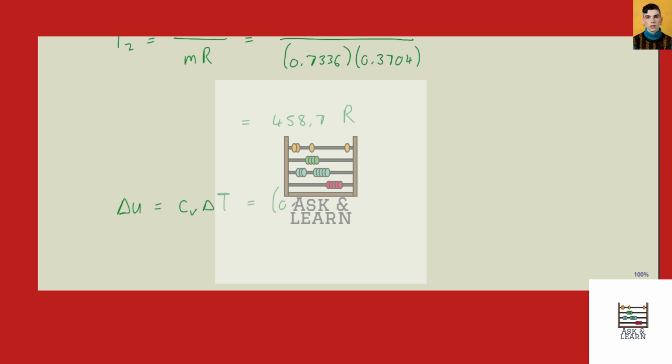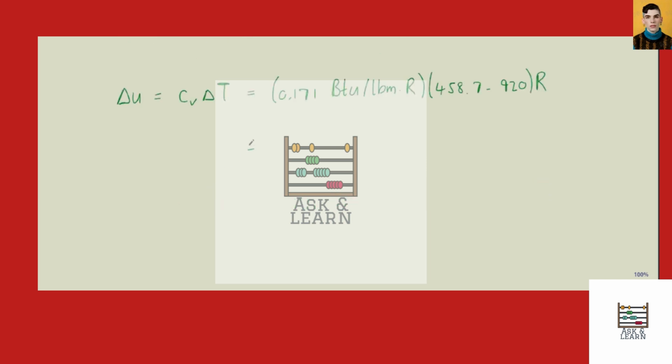So this is 0.171 BTU per pound R times the change in temperature of 458.7 minus 920 R. And we get the change in internal energy to be minus 78.9